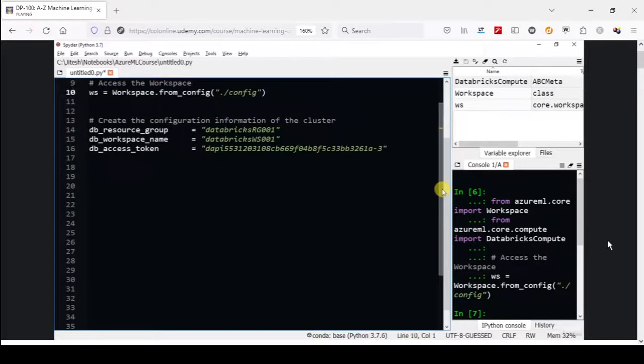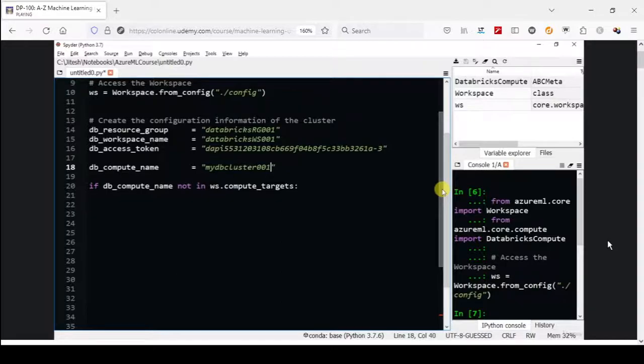Now, as we do every time we create a cluster, let me check whether a cluster or the compute name exists in our AzureML workspace. So that will be: if db_compute_name not in ws.compute_targets and a colon. So let's declare and initialize this compute name variable also as db_compute_name equals to, and give the same name as the db cluster name of my-db-